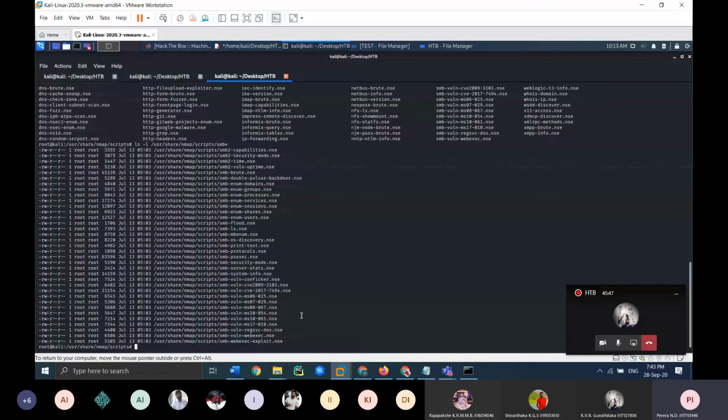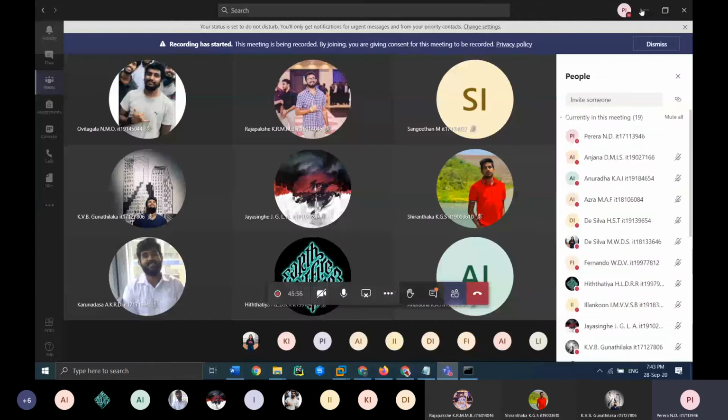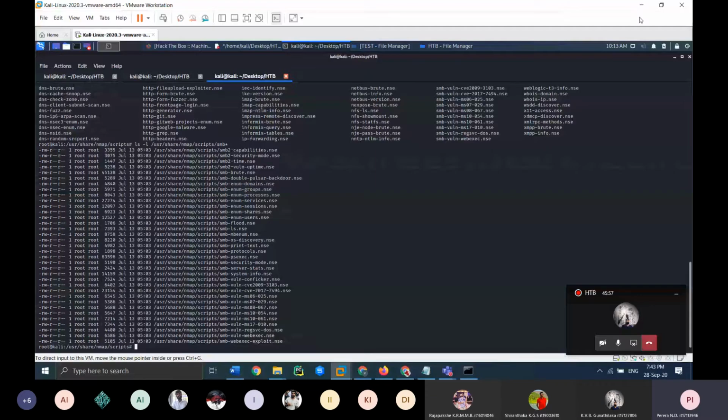As you all know, SMB versions are vulnerable to a thing called the Eternal Blue attack. I am sure you have heard of Eternal Blue. It is very popular. Eternal Blue is a Microsoft Windows vulnerability which affected many computers in the past. As soon as you hear SMB, you have to check whether the machine is vulnerable to Eternal Blue.